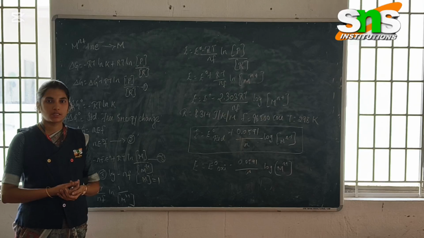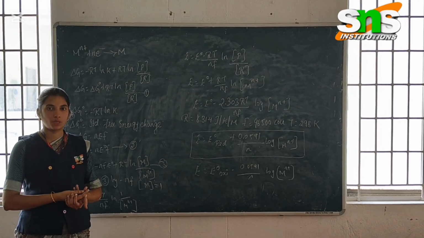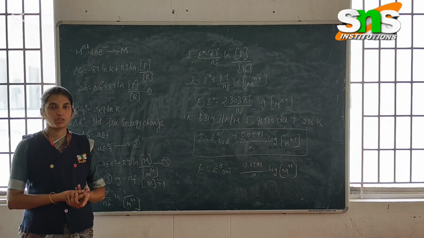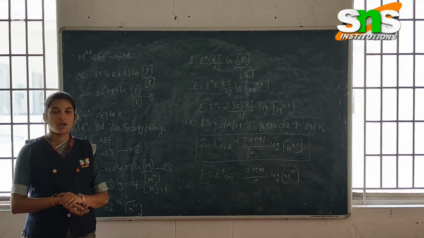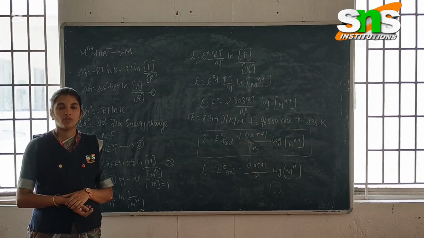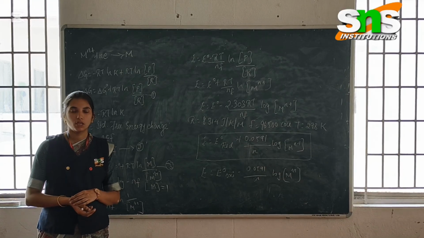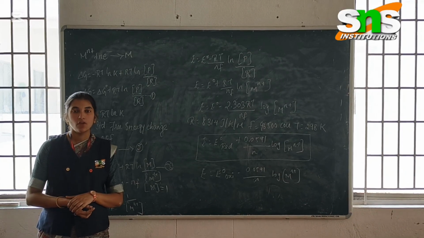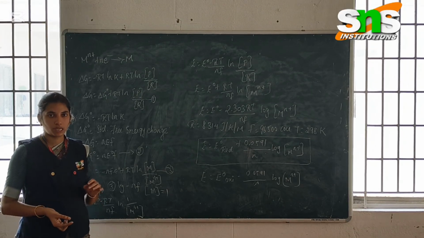Already we have discussed how potentials can be developed using electrode potentials, and the potential developed by metals through the formation of metal ions. With the formation of metal ions in the solution from the metal, we have to derive the Nernst equation. So the topic here is the Nernst equation. We are going to derive it from the electrode potentials of the reactions.